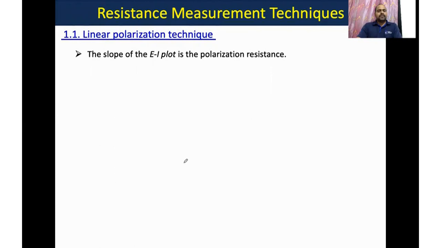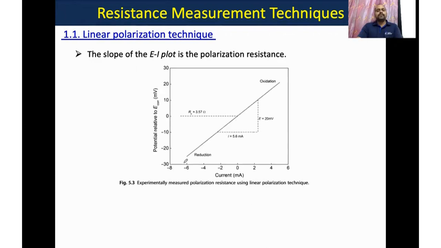The slope of the linear polarization curve is controlled mainly by i_corr. In most cases, when we have a very small range, let's say around 20 millivolt, the βa and βc values are assumed fixed, and then we can say i_corr is almost related with this formula: i_corr equals 0.026 over Rp. So it's directly proportional here.